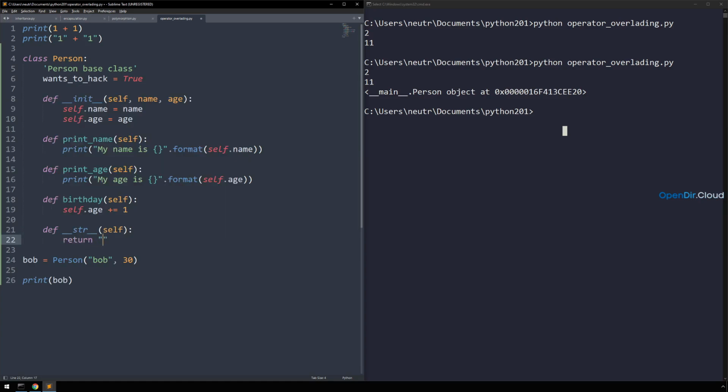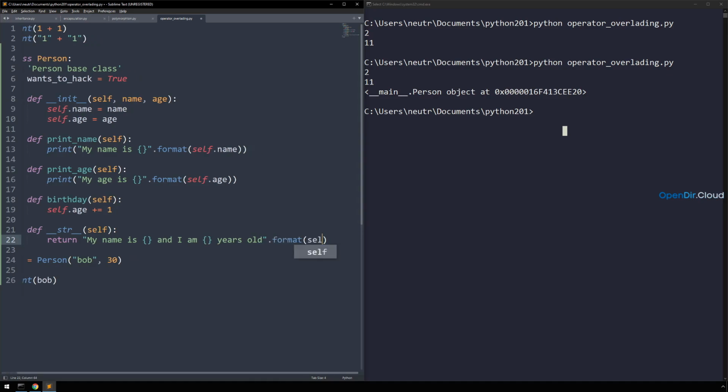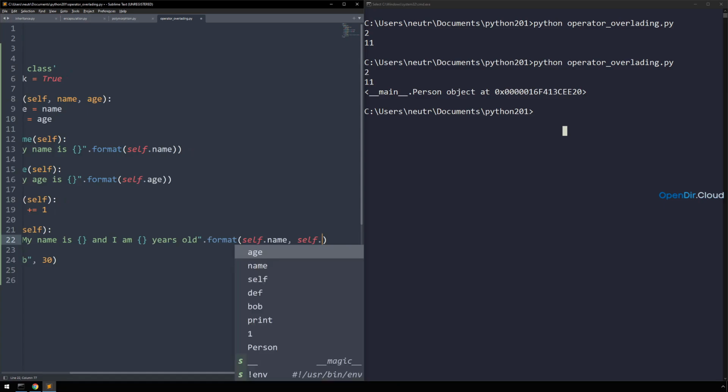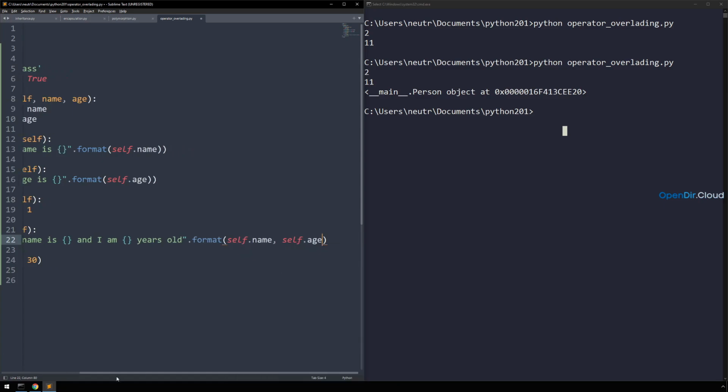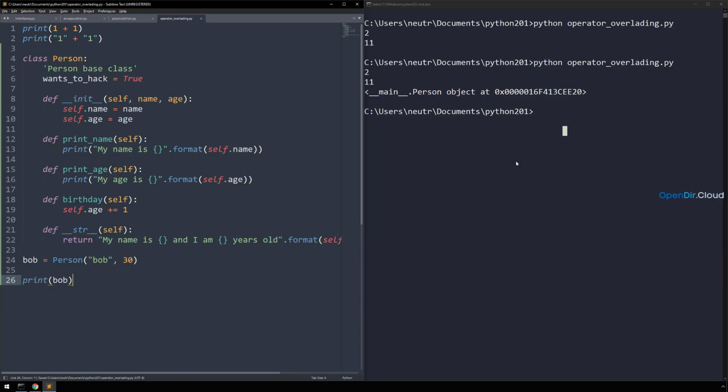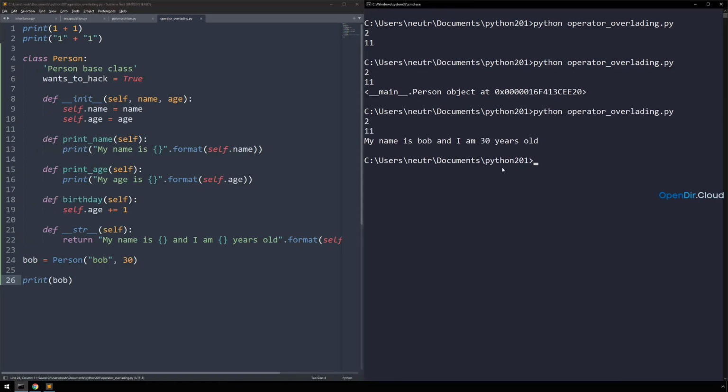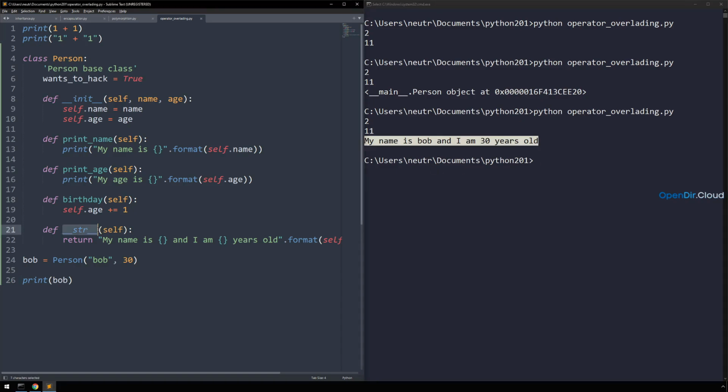And when we want to print out a person, we might instead want to say, my name is, and I am years old. Self.name, self.age. And we can save this and execute it. And now we can see that when we print out Bob, rather than showing the object's location in memory, we now see the string, my name is Bob, and I am 30 years old,